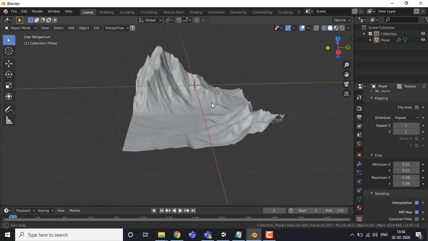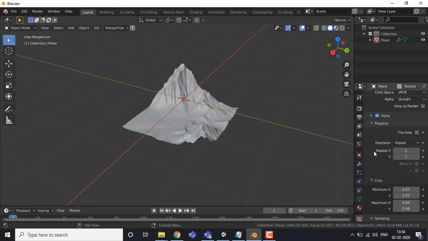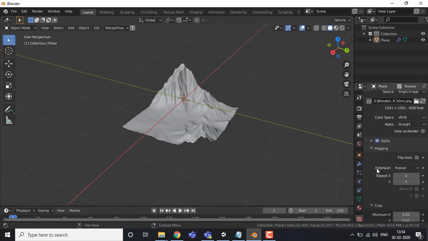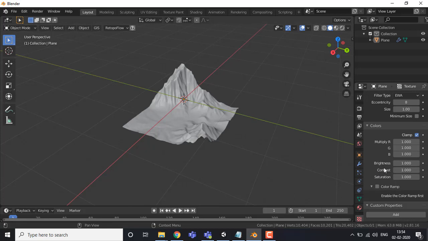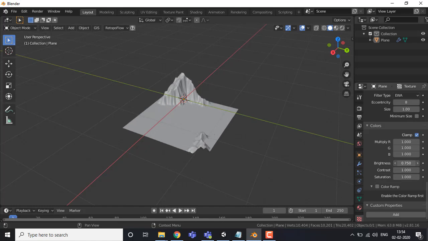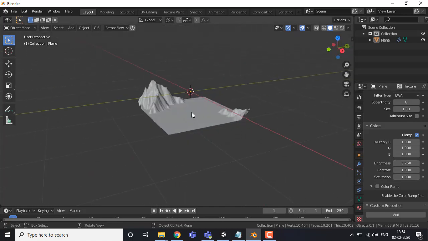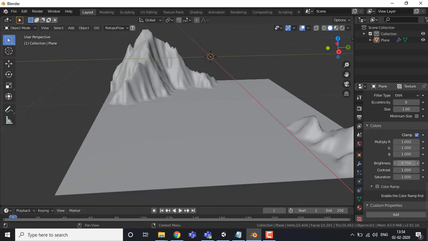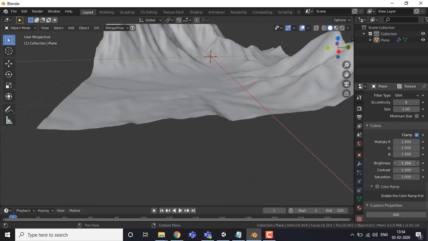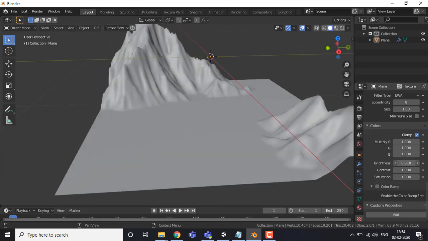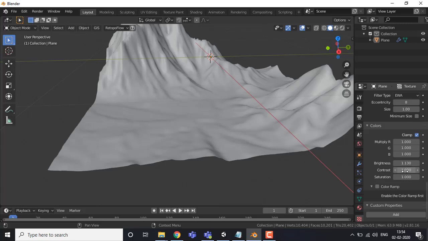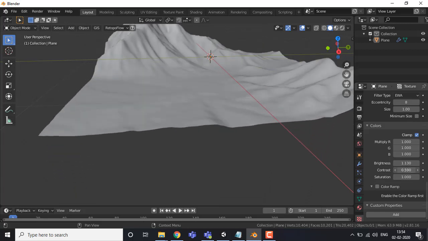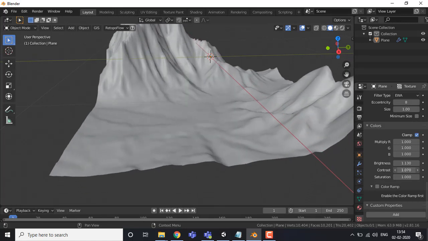So guys, there is also one more option in this setting which is very cool, and by this you can change the brightness and the contrast of this terrain to control the height. Okay, so this is a cool feature here. So you can use this to maintain the terrain height,